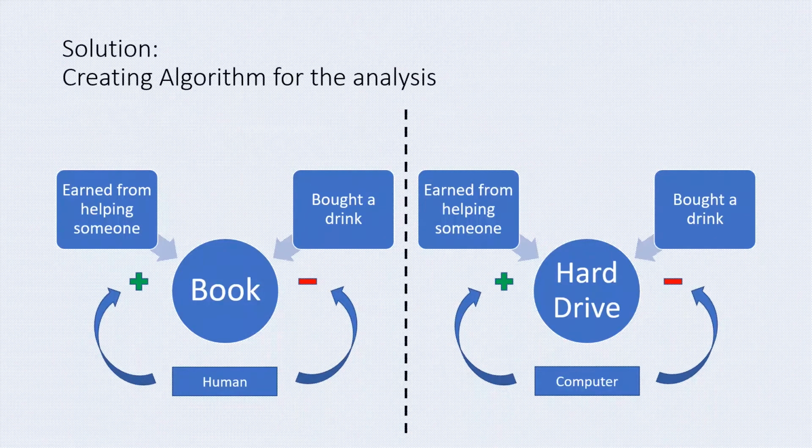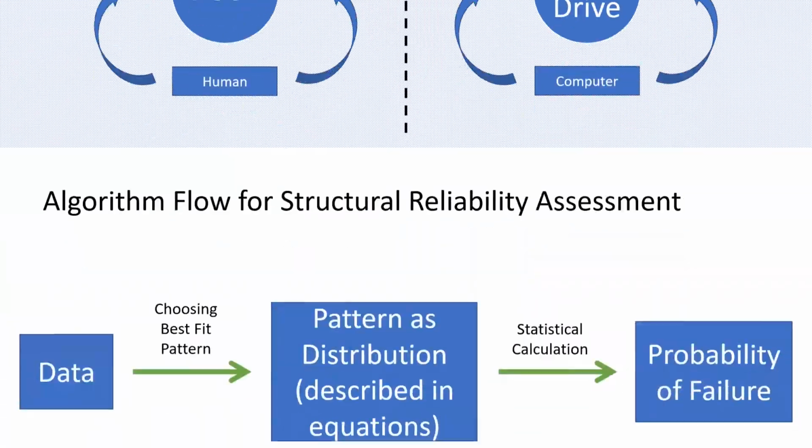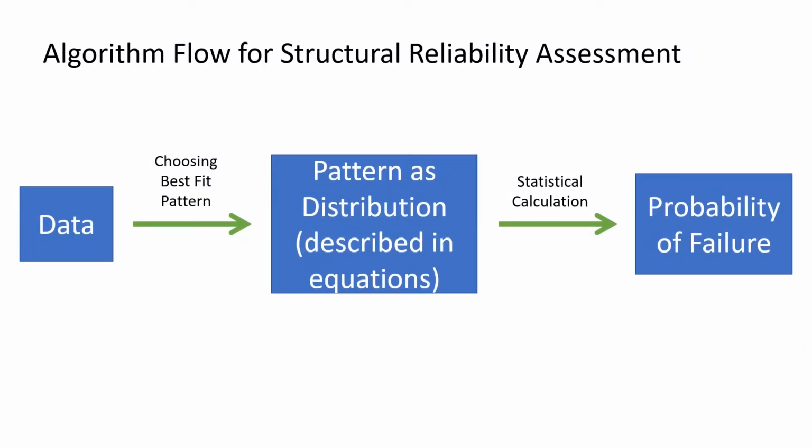So, for the structural reliability analysis, the algorithm works like this. First, the algorithm will try to fit the data given with a pattern that best describes the data. These patterns, known as distributions in statistics, are described in the form of equations. The algorithm will then perform statistical analysis to find the probability of failure, in which most of the process is just basic mathematical operations, since integration can be understood as the sum of data that is obtained from an equation describing it within a range. This algorithm actually automates the whole process that is done manually by structural engineers.